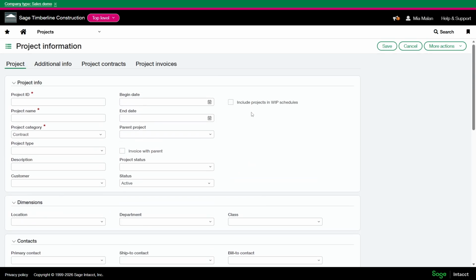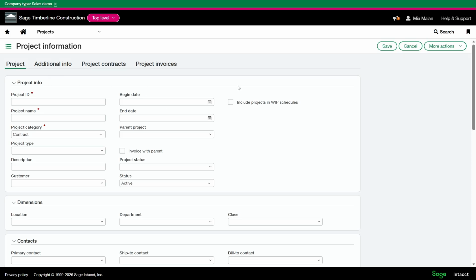You might want to track your project address and have that added to your progress billing. Or if you are using certified payroll, you might want to be aware of that when you're running your bills so you know what is required for your billing packages. Once added, these fields will appear directly on the project page here. So this makes sure your team always captures the right information during setup.